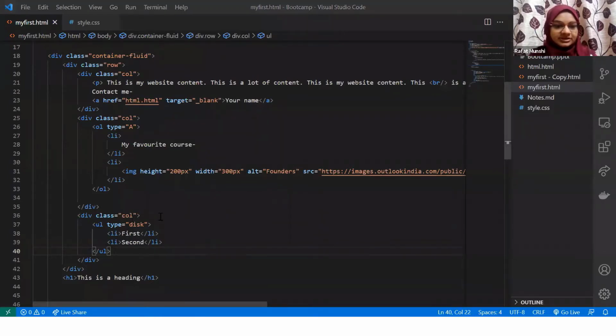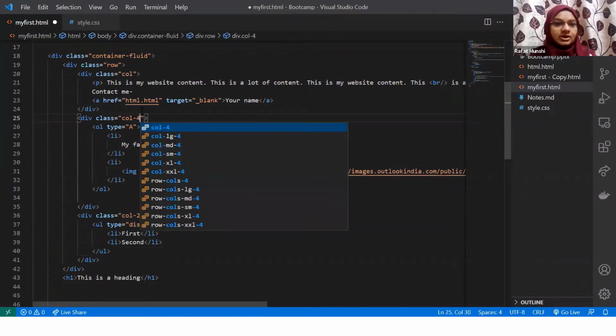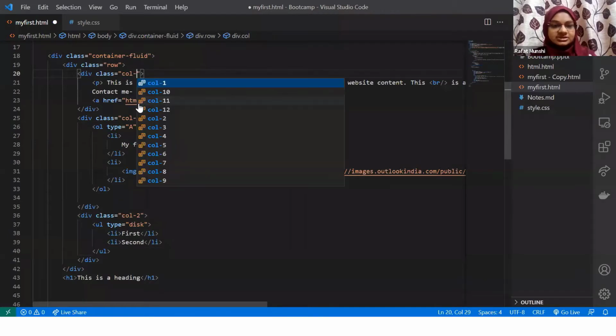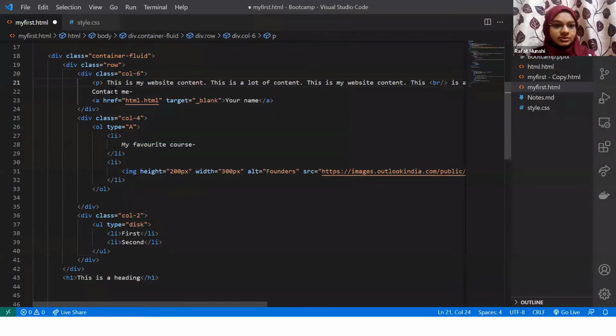So what I would want to do is probably give the last one a very small space. Let's say only 2 columns, and for the middle one, I want to give let's say 4 columns. And how much is left? It's 6 columns which is left. This is something which I want to give to the first column.